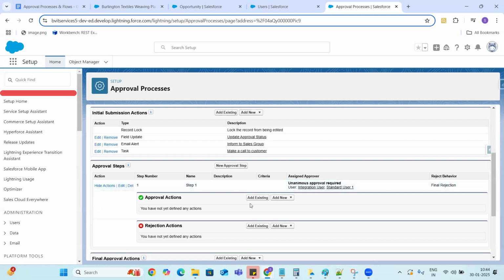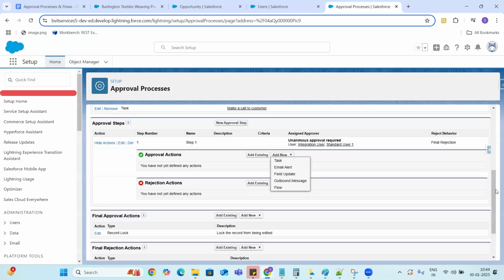If you want to do any actions, you can configure the same actions here again, guys. If you want to send any email alert as soon as these persons approve, you can keep the email alert. Same way, rejection actions. The next thing is final approval actions and final rejection actions.